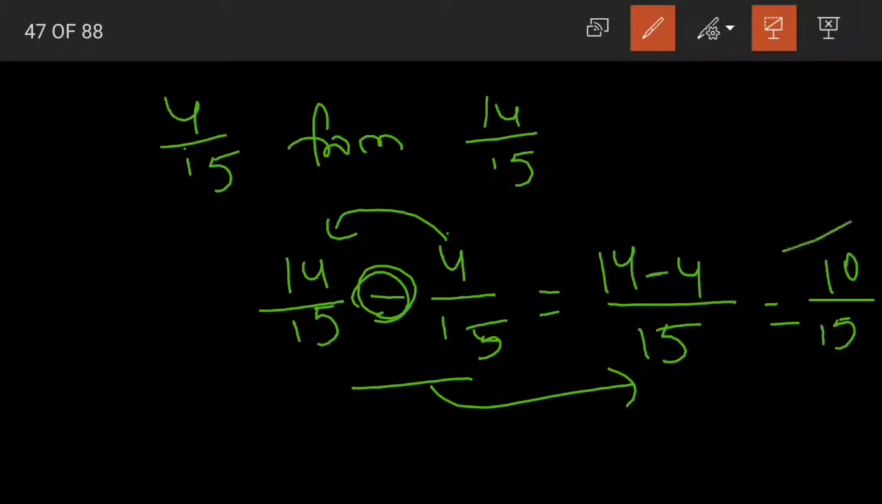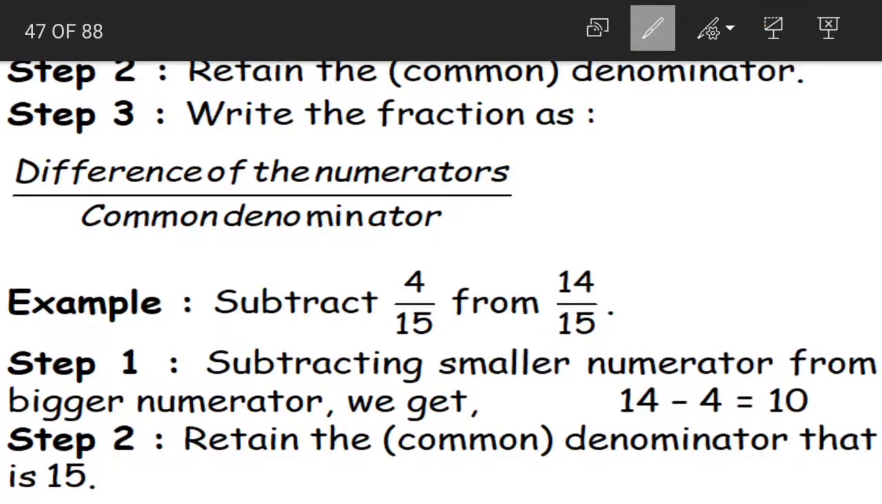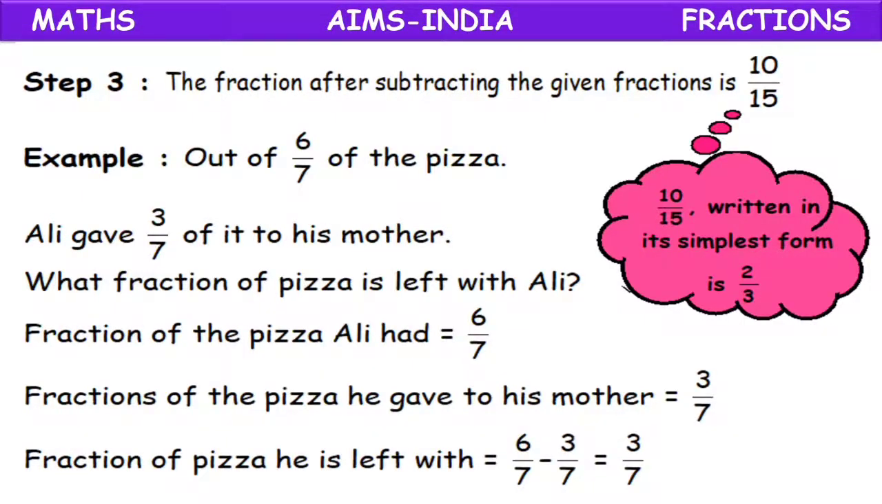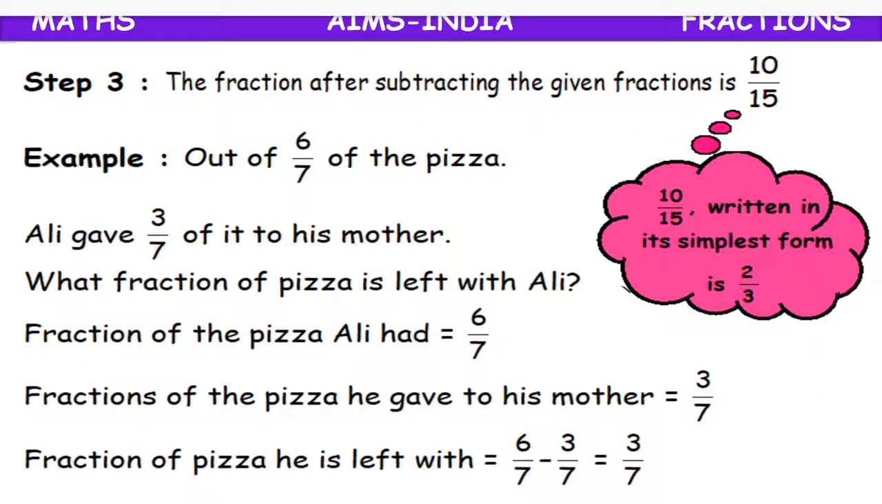Understood, children? 10 by 15 will be our subtraction or the difference of the given two like fractions, 4 by 15 and 14 by 15. Isn't it easy? So that is why if you understand addition of like fractions, you can easily understand the subtraction of like fractions. Now the fraction after subtracting the given fractions is 10 by 15. Yes, again what is it? 10 by 15 is